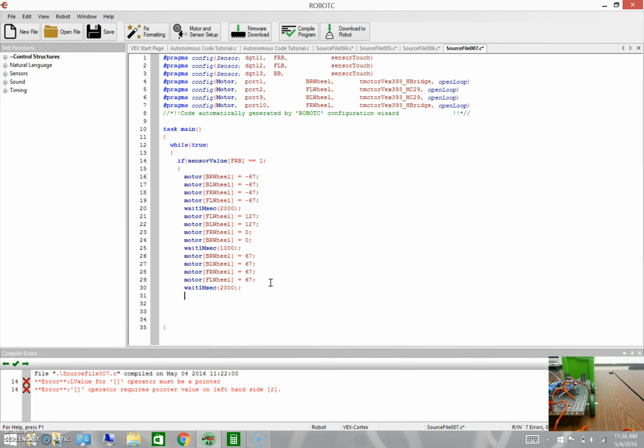And now we're going to end it with this squiggly bracket, and then we're going to do our else statement, which means that if it's not pressed in, it will do this. We don't need anything in parentheses for this one. We're going to start our squiggly bracket, and we're going to do motor,